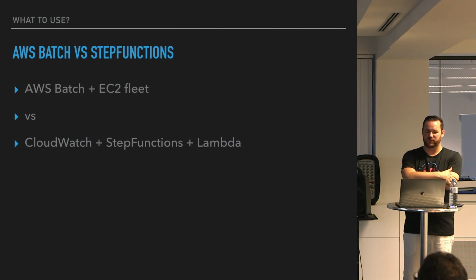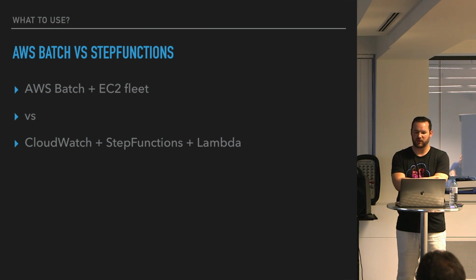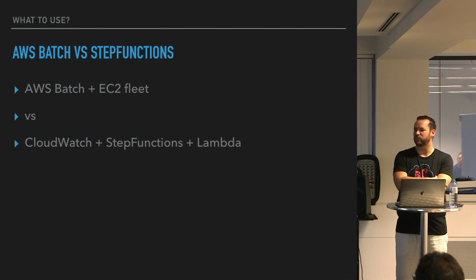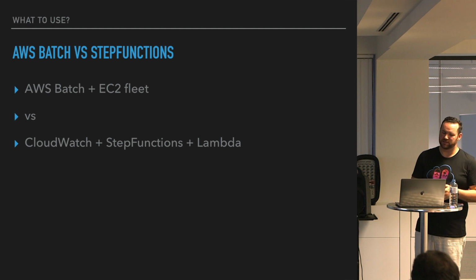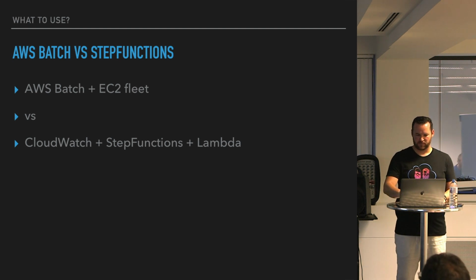I also could have made use of AWS Batch. It's a technology by AWS that offers you very easy batch processing, but also AWS Batch requires an EC2 fleet behind it. So that's very good if you have a huge amount of data processed and you want to have static costs. Then you can deploy an EC2 fleet behind AWS Batch. That's not a use case for me.